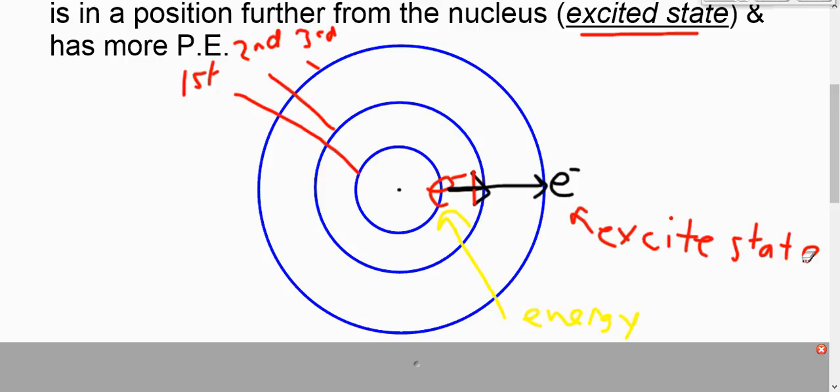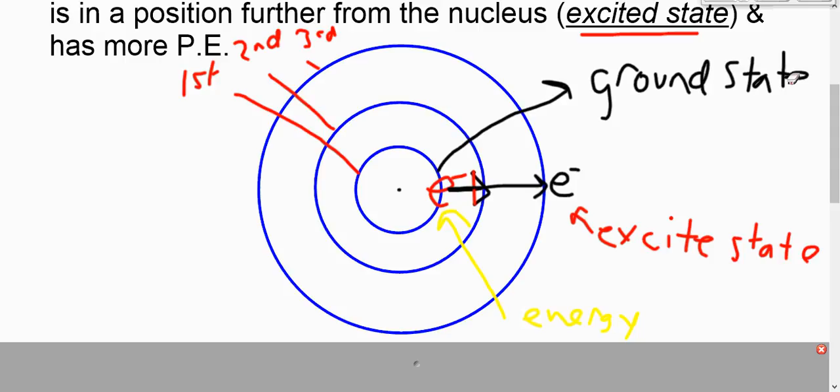Down here, let me just draw this back in. Down here, this would be the ground state, wherever the electron is normally found, okay? Now, the ground state is stable. It's low in potential energy. It's very stable. An excited state